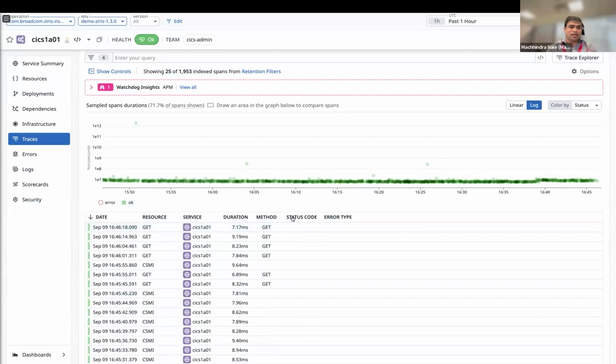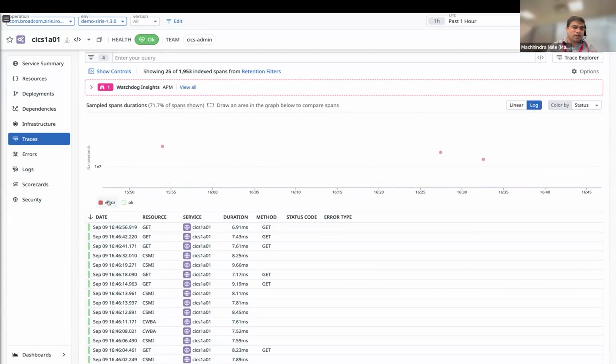Here you can see a ton of traces being collected into this tool. The chart shows the response time of that particular transaction, and the green ones are possibly fine. There are no errors during those transactions, but if you turn on the filter for errors, you see some transactions which did not go through well.